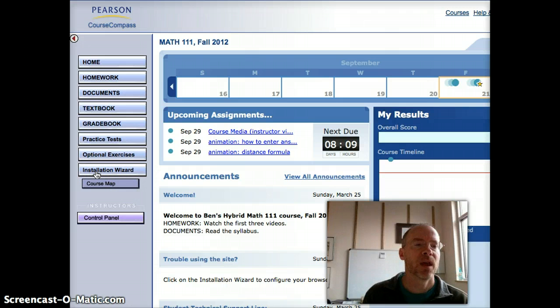If you're having trouble using the website, navigating in it, or something's not working right, your browser doesn't allow you to watch some of the videos, this may help you set up your browser so that you can work with the site. And maybe even more useful, my window's too small to see it, but there's an announcement down here. You can just barely see Student Technical Support Line. There's an 800 number listed down here,